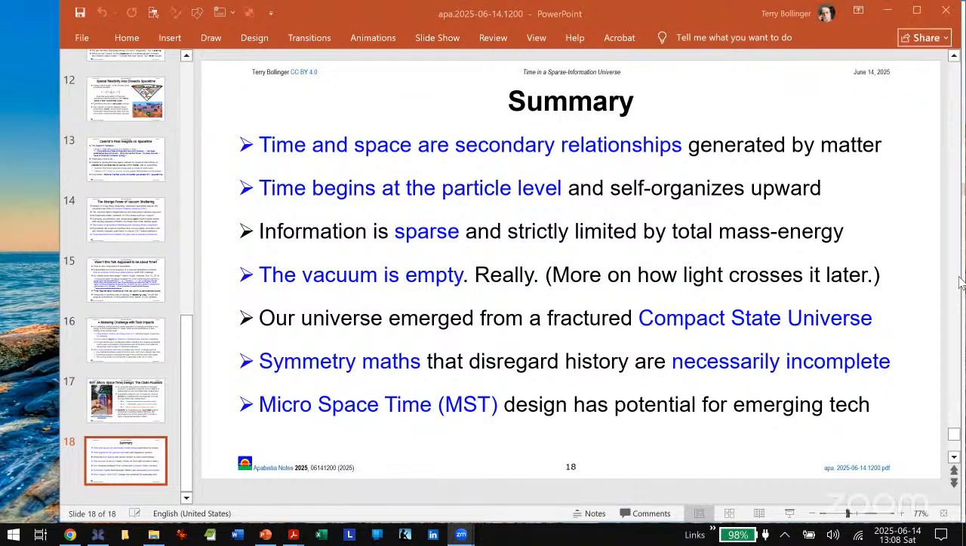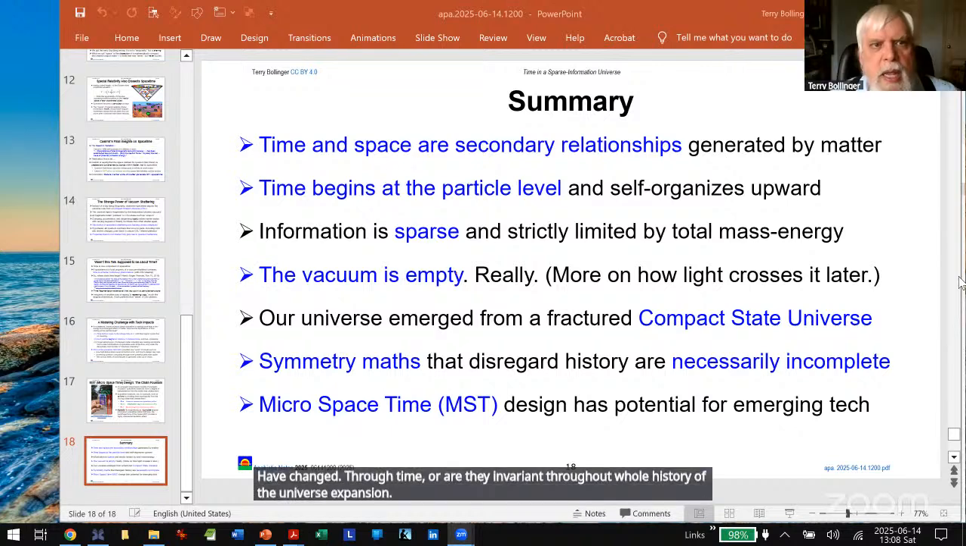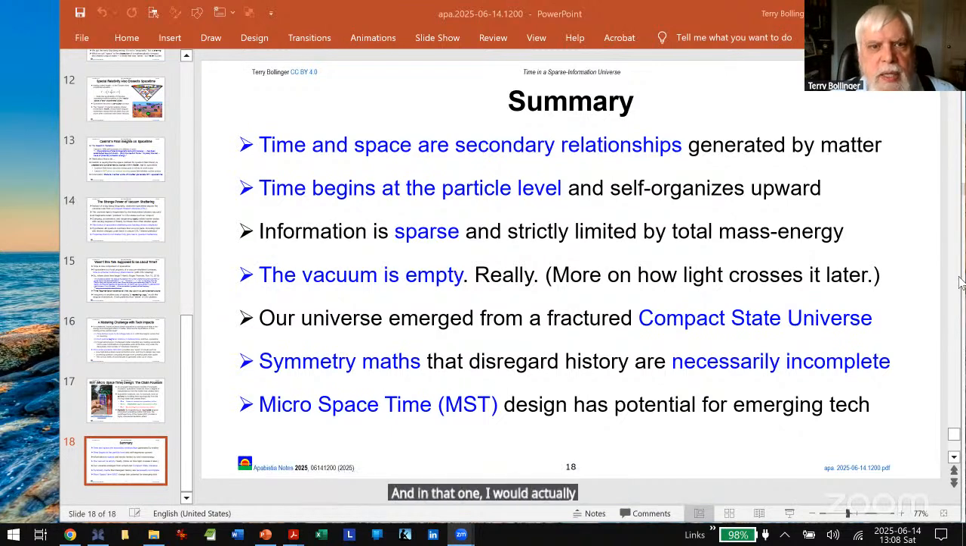Are you saying that in the earlier phase of the universe, or during the compact shared universe, the laws of physics that we have now have changed through time, or are they invariant throughout the whole history of the universe expansion? In that one, I would actually say that the CSU is